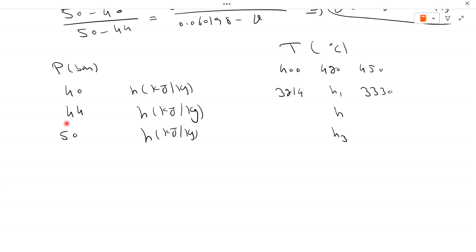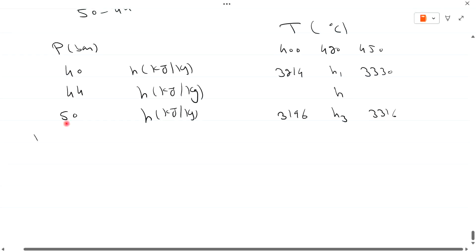And from the superheated steam table, at pressure equal to 50 bar and temperature equal to 400 degrees centigrade, specific enthalpy is 3196 kilojoule per kg, and at 50 bar and 450 degrees centigrade, specific enthalpy is 3316. So first find